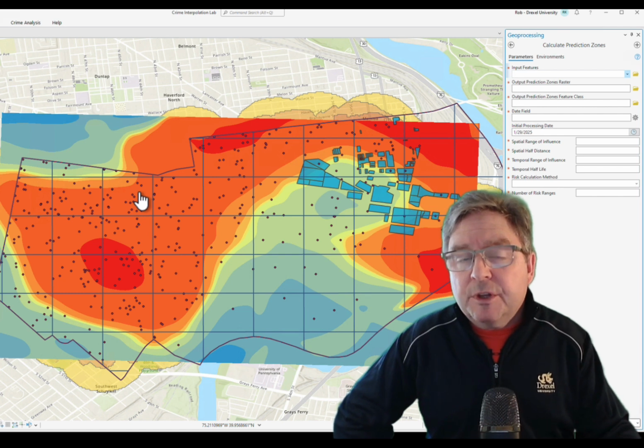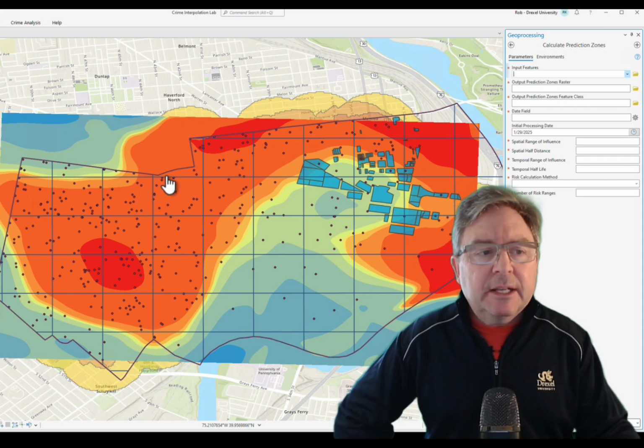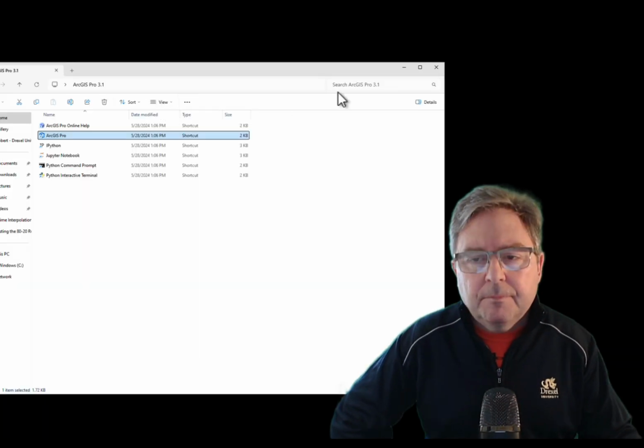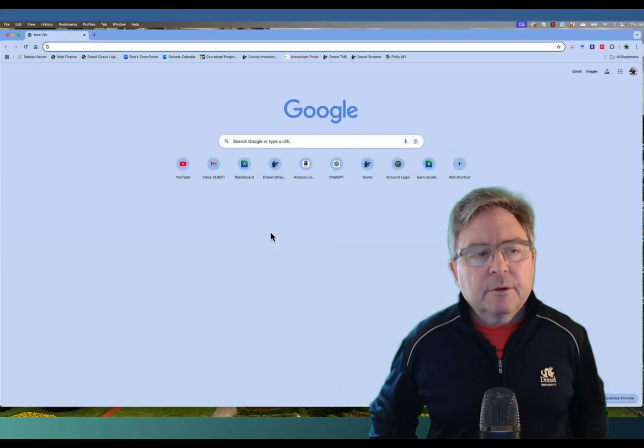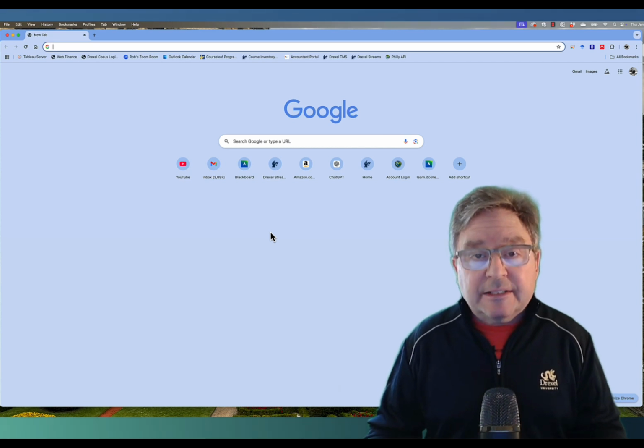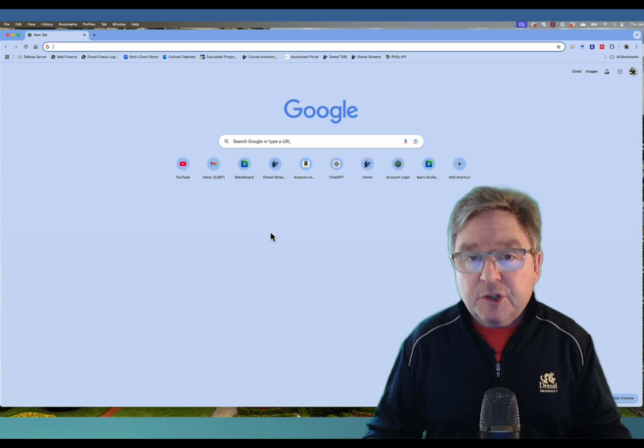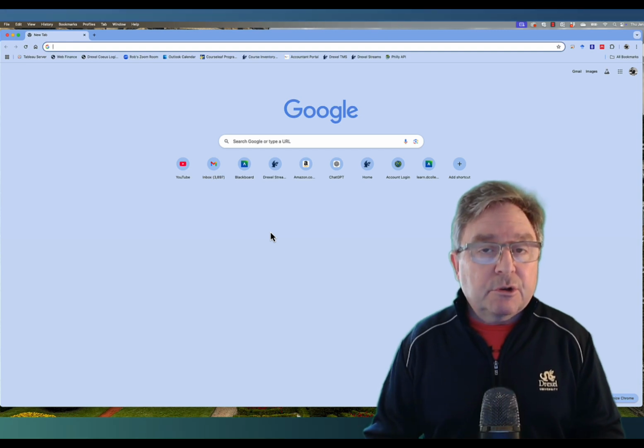Okay, that's how you install the crime analysis toolbar if you use the remote desktop. But I'm going to click out of this now and close the Windows app and remote desktop and head back here to my regular browser. For people who are accessing ArcGIS Pro on their own computers, like if you have a Windows machine, this is the way you would install the Crime Analyst